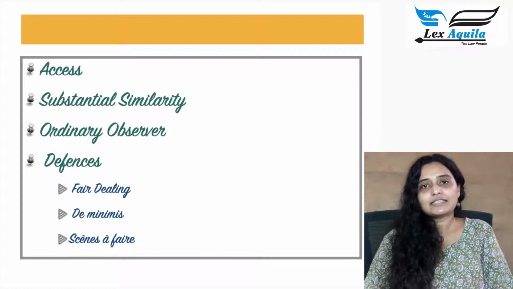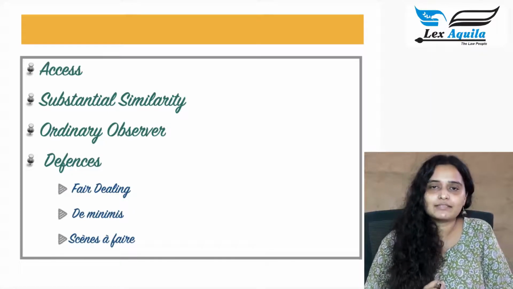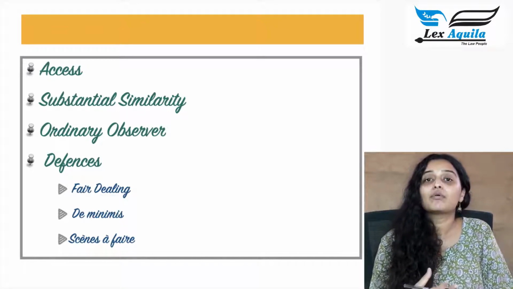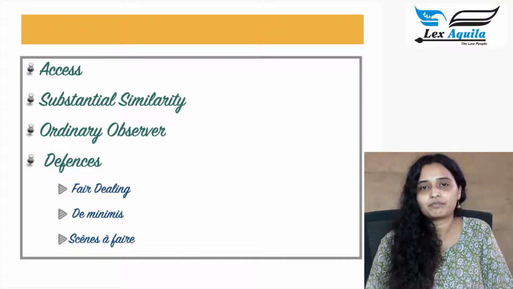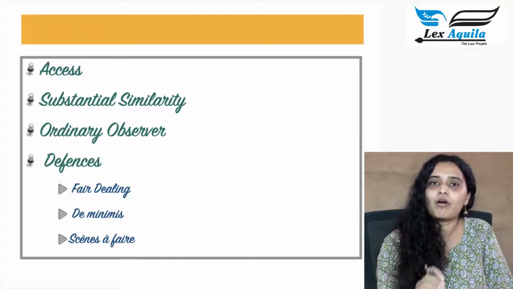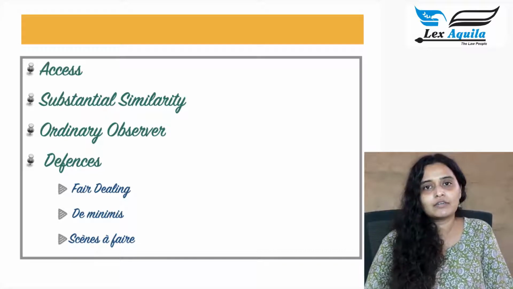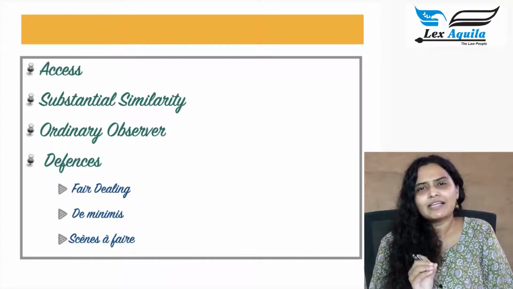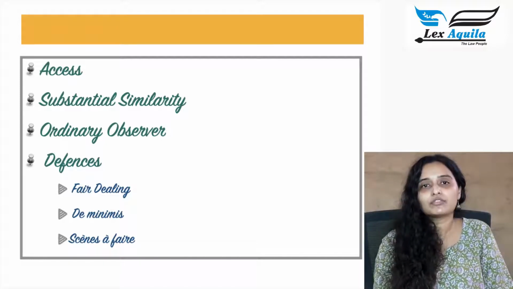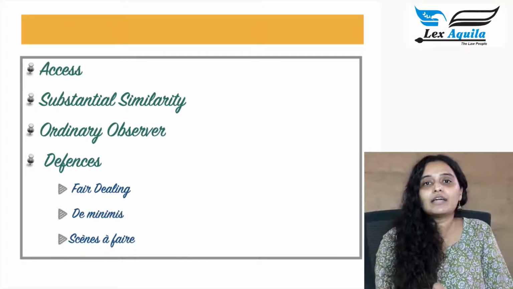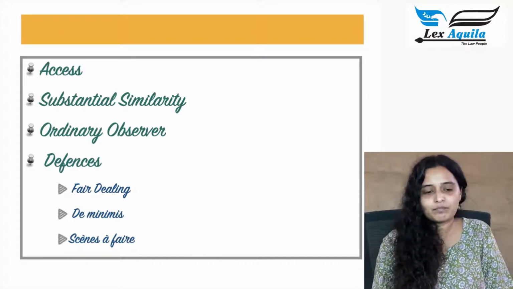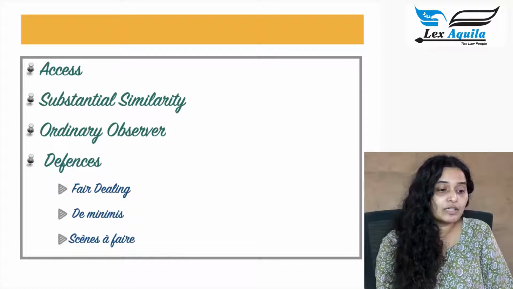The third defense is the defense of de minimis. This really means the doctrine of de minimis translates into the court shall not take notice of trifles. What it means is that there is a violation of the copyright of the owner in that work. However, the violation is so small, so trivial that the court will not take notice of it, considering the damage or the harm which is caused to the plaintiff in that matter. Some of the circumstances which the court has laid down.